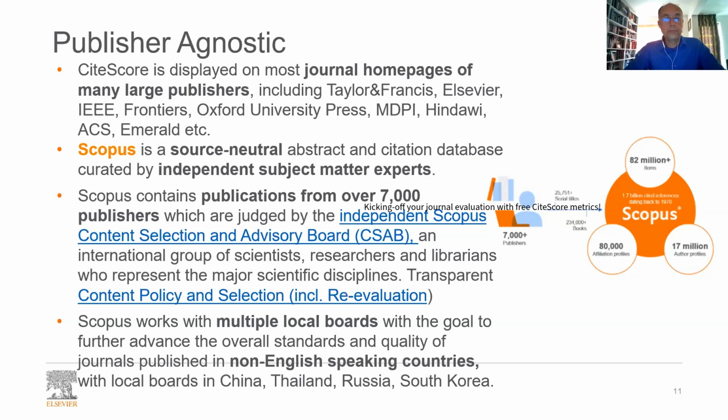And something I also like to emphasize is the fact that Scopus works with local boards, which means that it's not only the goal to include English language publications, but also non-English speaking titles, either from China, but if we look only at Europe, it's including German titles, French titles, Dutch titles. You can imagine there's a lot of titles that simply only need to have an abstract in English, and the rest of the full text can be in any other language possible.